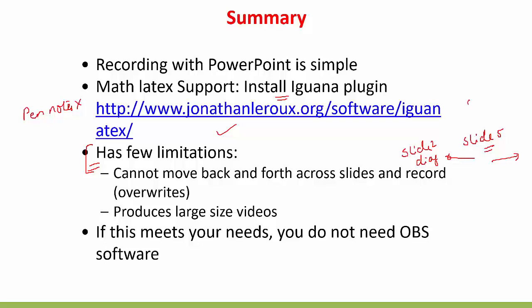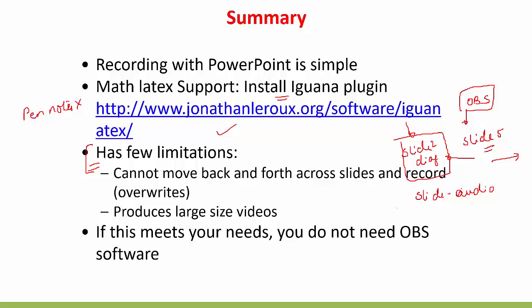If you use something like OBS, this is fine. You can potentially do this. But if you are using PowerPoint, when you go to the slide 2, whatever recording you had earlier made in slide 2, it is going to overwrite. So that is a problem with PowerPoint. In other words, PowerPoint ensures that each slide has a video, has an audio associated with it.